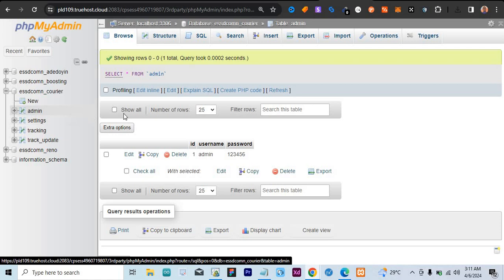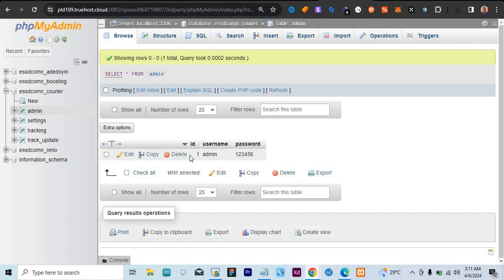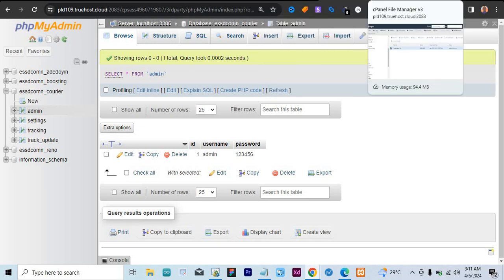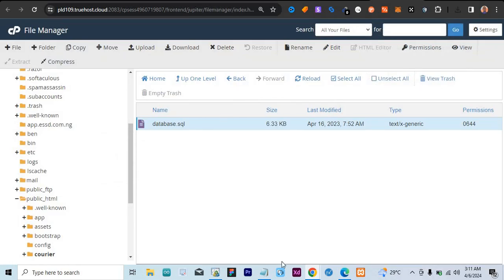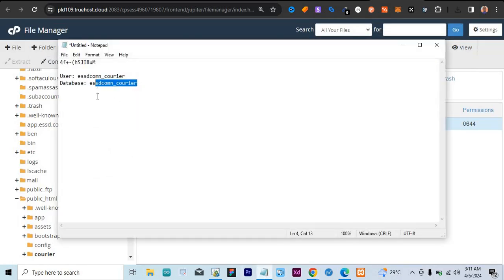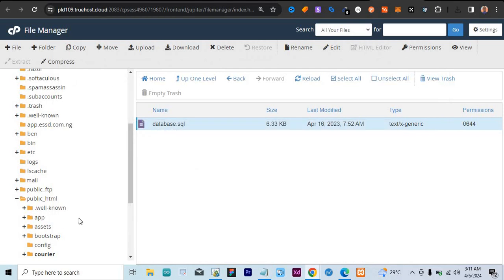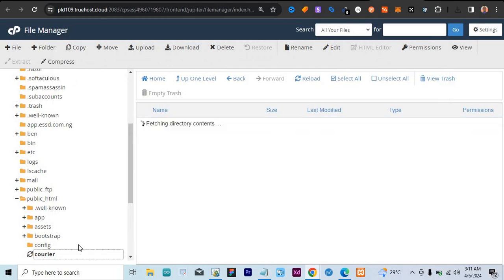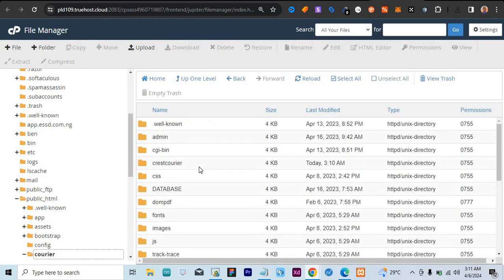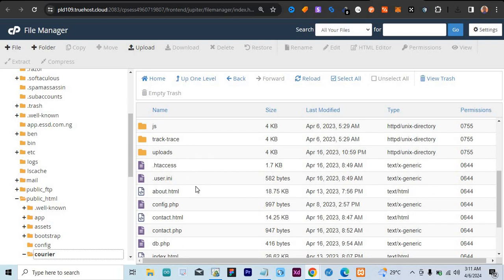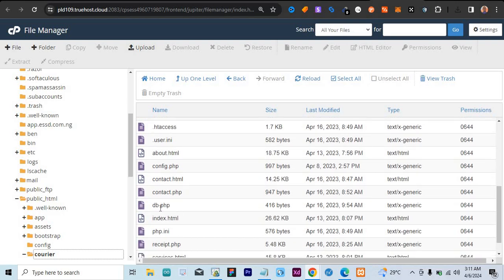Let me click on Courier. And let's quickly check the admin so that we can have the admin access. So this is our admin login and the admin password is 123456. So from here, what are we now going to do? We have to come back to our file manager. We need to link our database to our file. So what am I going to do from here? Come back to our Courier once again. And you scroll down to where you see